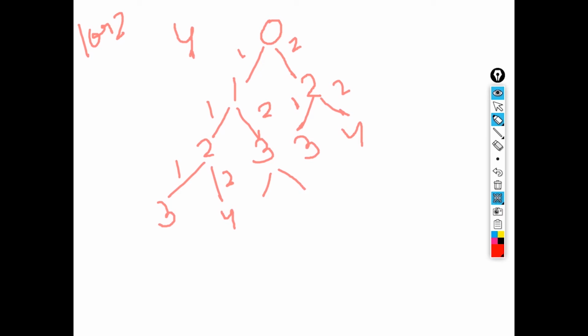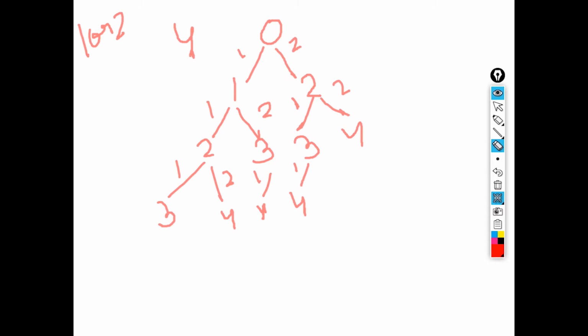Now again this 3, we can take 1 or 2. If I take 1, this will be 4, and if I take 2, this will be 5, which is not acceptable, so we cannot take this part and I have to erase it. Now again this 3, same thing will happen. If I take 1, that will be 4. If I take 2, this will be 5, which is clearly not acceptable, so I am going to erase this part.